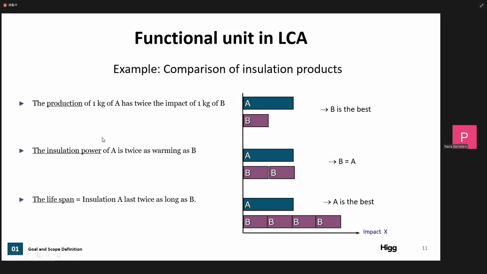let's say down or feathers have a higher impact compared to a synthetic polyester insulation. But if we look at the warming power, maybe you need twice as much synthetic material to warm you the same way. So maybe they're the same when you look at the warming power. But if we're talking about how long it lasts, maybe the down lasts 20 years and you need to replace your synthetic coat 4 times to equal the single down coat. So this demonstrates that the comparative basis is really important, and it can change your